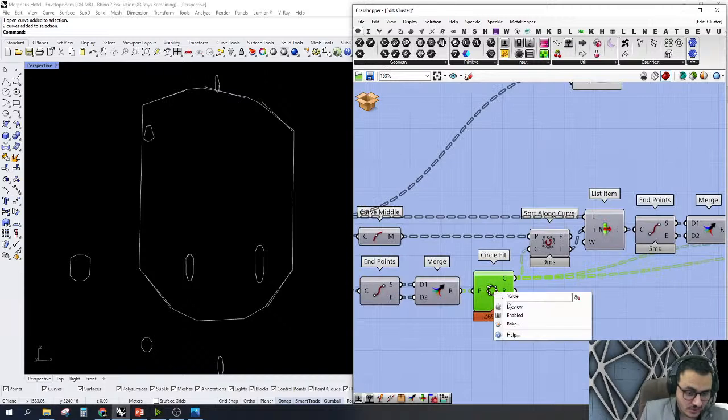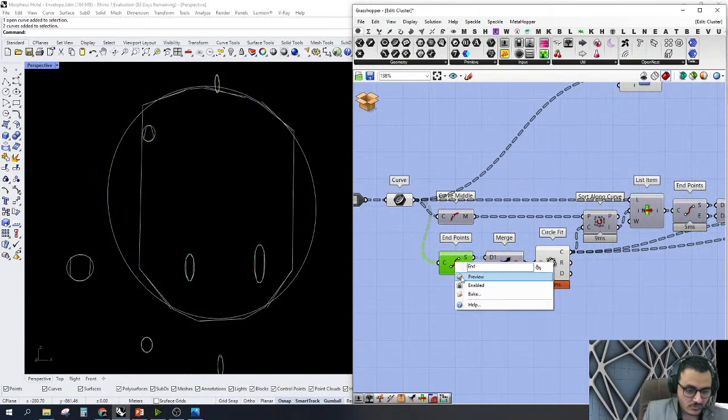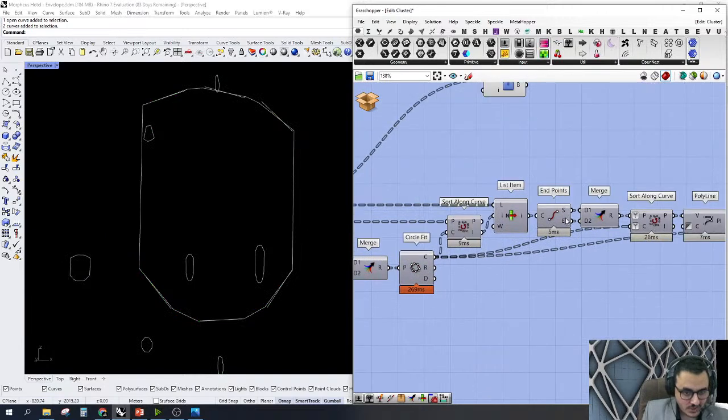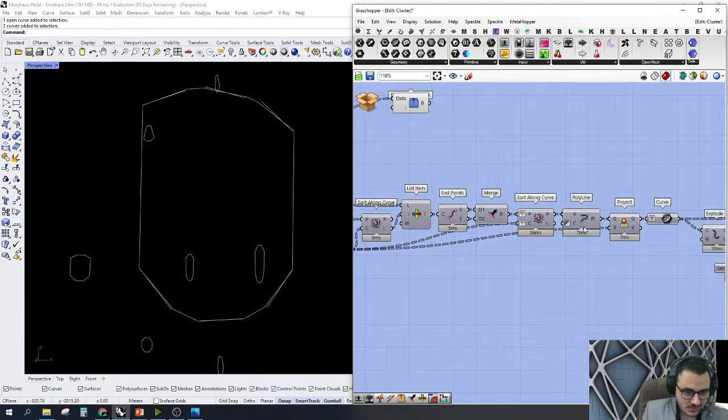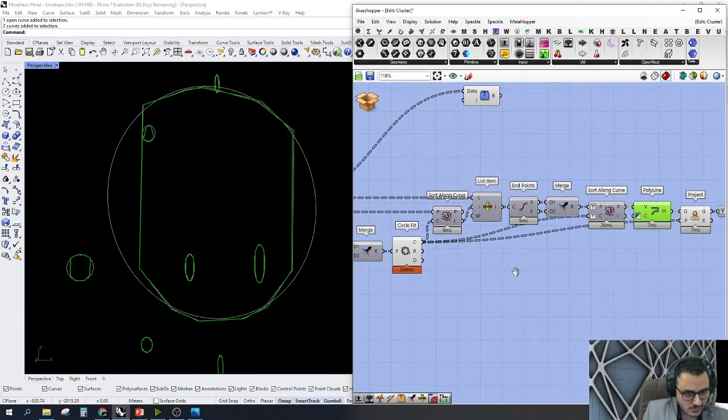This is something called circle fit. It's really important because you want to sort the start and the end points of your curves around the circle, because you want to use them to make a polyline from them. So after sorting them, you created a polyline, and I used the surface, the circle, sorry, to